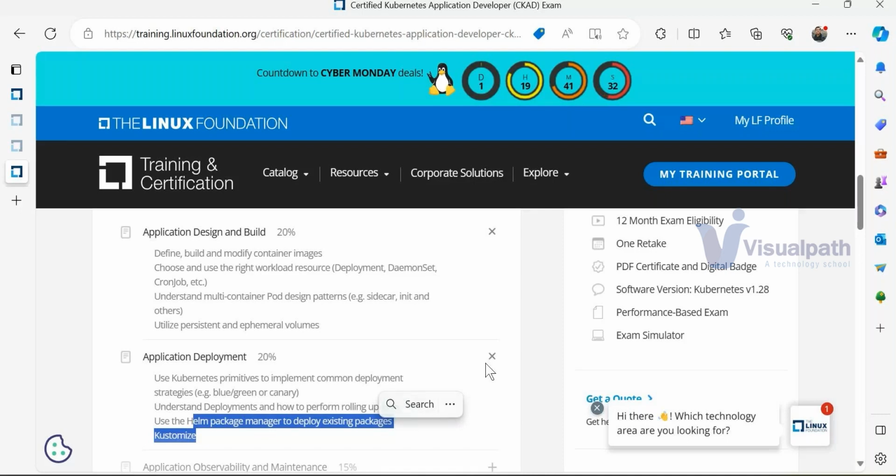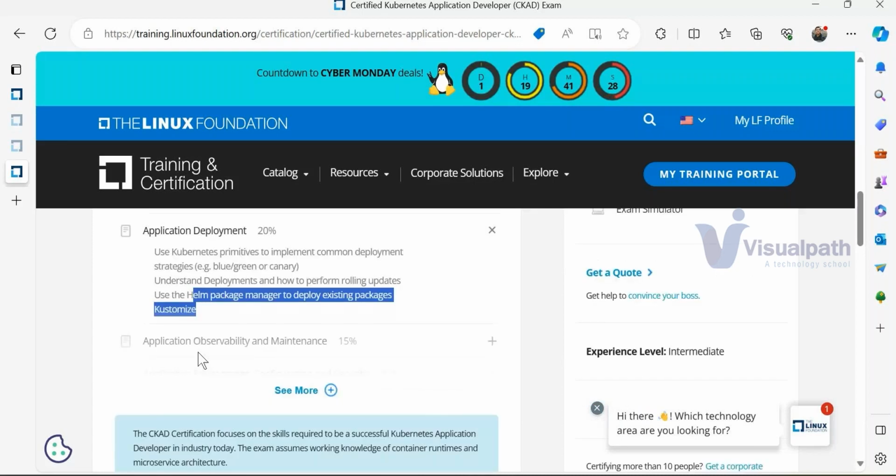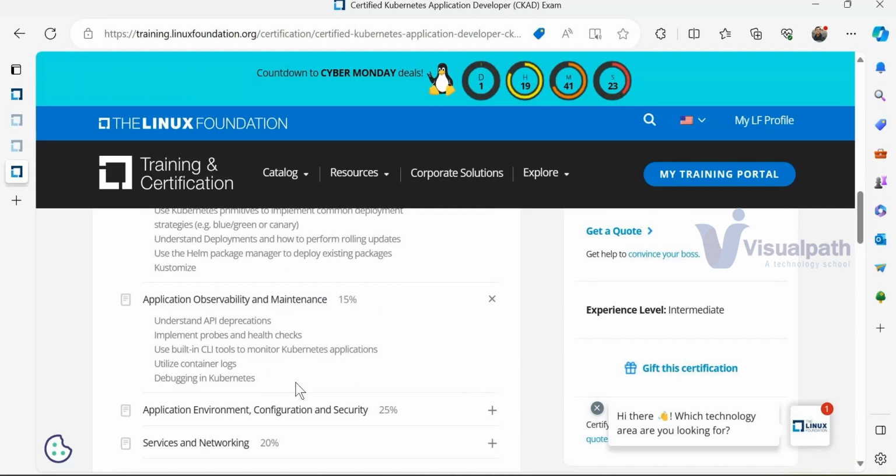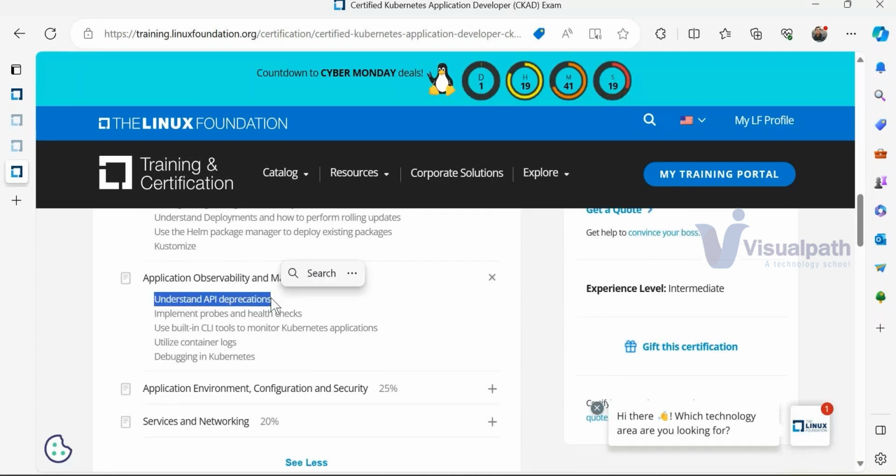And then we have observability and application maintenance. We need to understand that a few APIs are already deprecated. We should not use them in our coding or programming while coding the application. So we should keep track of deprecated APIs also. Accidentally, if you use something that is not supported by the platform, it will fail, right? So we'll not make these mistakes. We have to keep track. Implement probes and health checks. Probes and health checks are nothing but internal Kubernetes readiness and liveness probes, which will do a health check of my application. I'll be covering that in the monitoring part. So we'll get a feel of it.